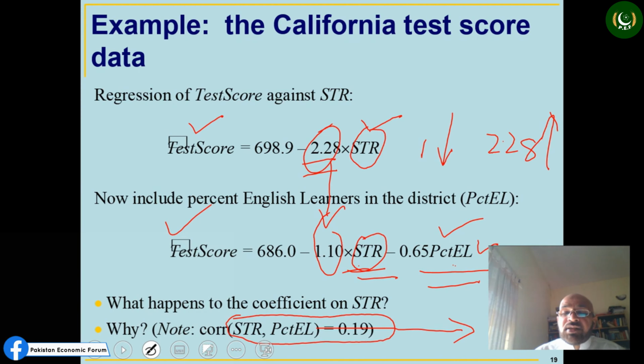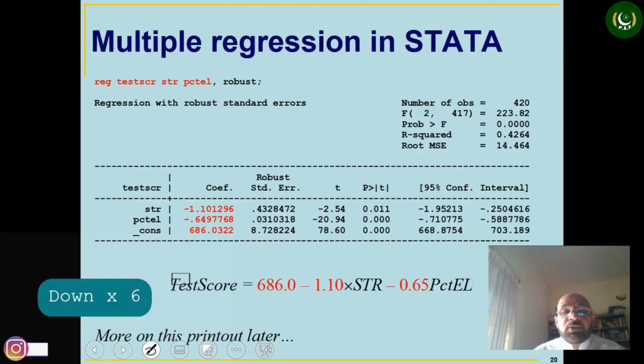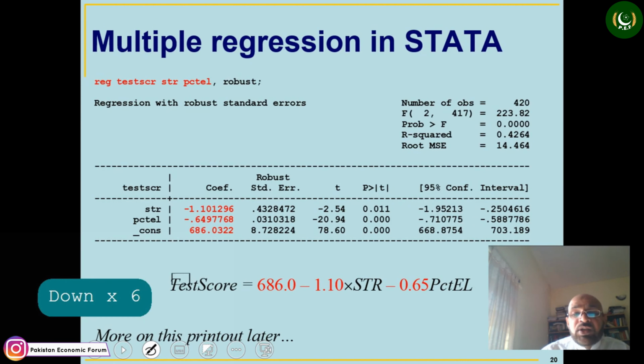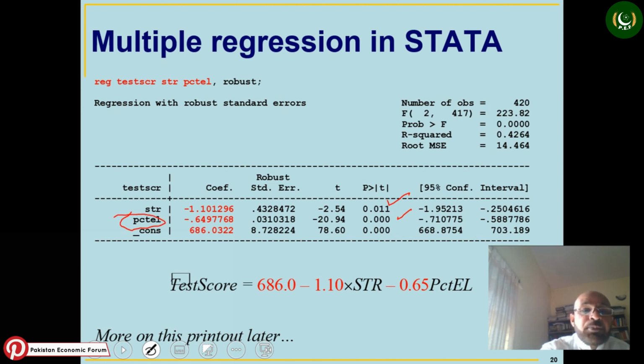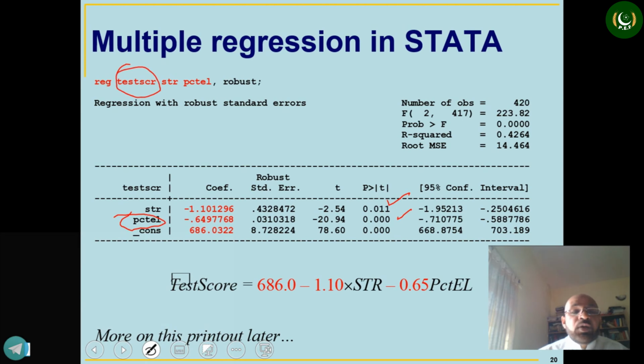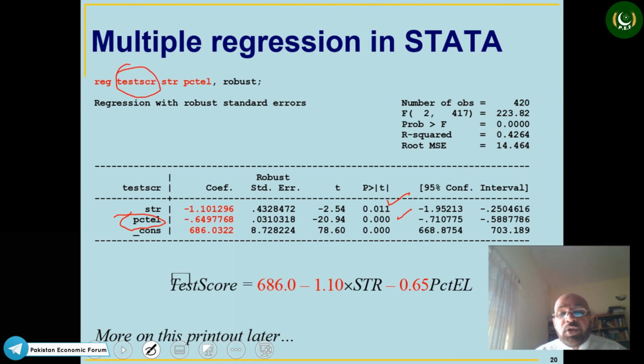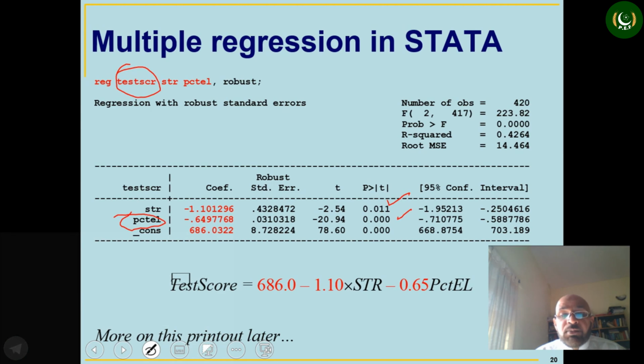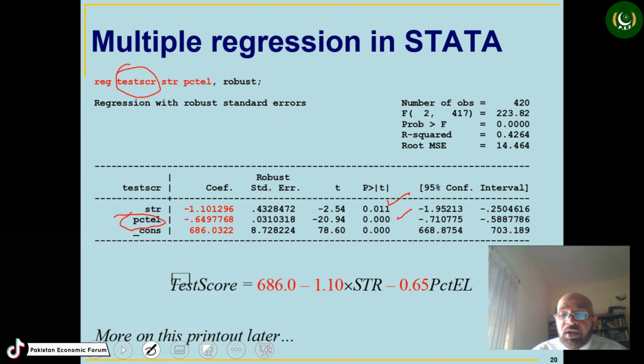This will lead to bias, and the first condition, that percentage English learner also affects test score, holds because it is also significant. We'll see in a short while. So you see, all these variables are significant: student teacher ratio and percentage English learner. It means this is a significant variable, which indicates that it is an important determinant of test score. So if you exclude it, it will lead to omitted variable bias because it is correlated with student teacher ratio